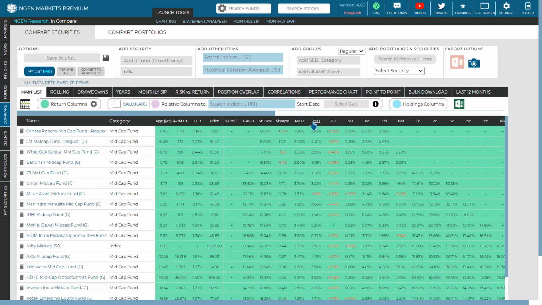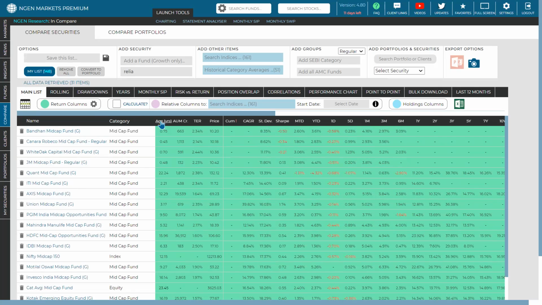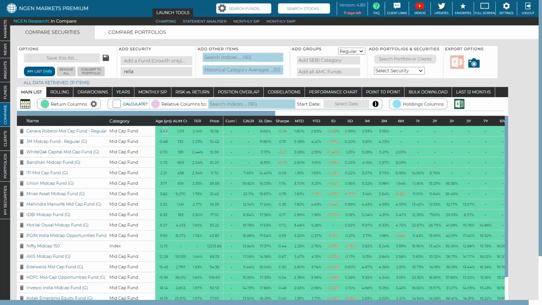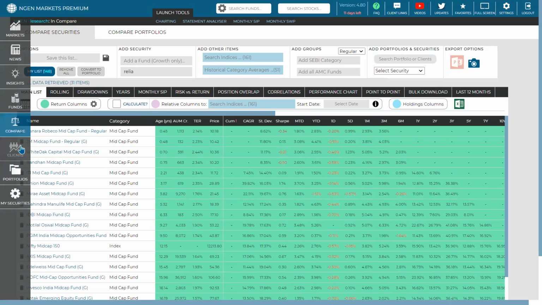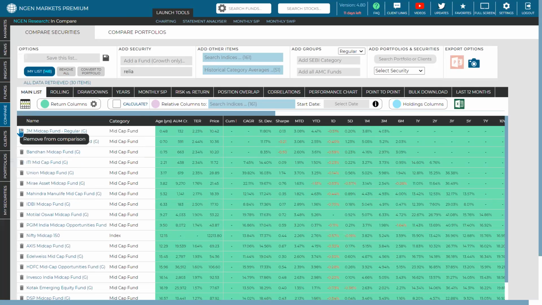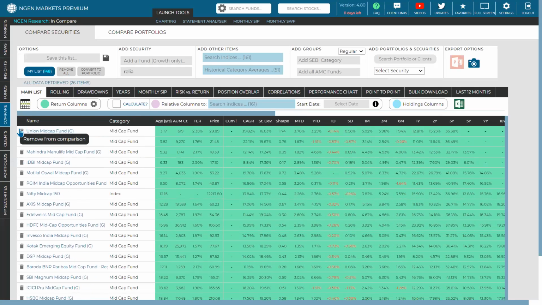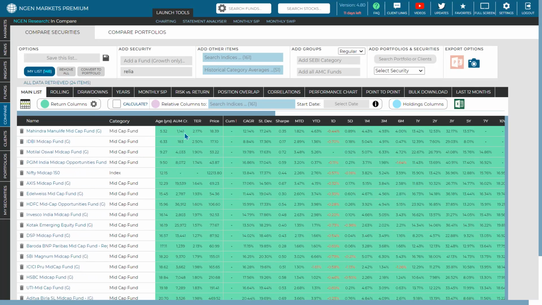So you can easily sort any data points, let's say CAGR or even standard deviation. Let's say we are sorting based on the age in ascending or descending order, and you can delete those funds from the compare section. So easily you can now see that these funds, which are at least 5 years of age, are being added